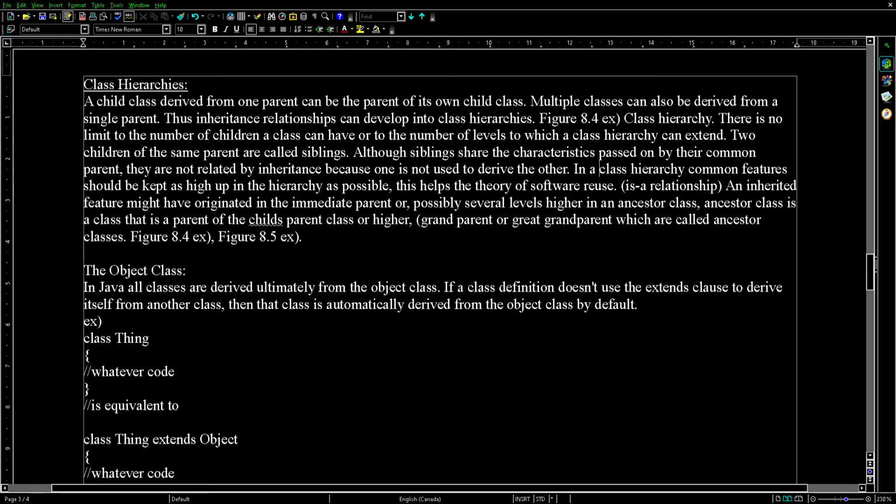In a class hierarchy, common features should be kept as high up in the hierarchy as possible. This helps the theory of software reuse, and is an is-a relationship. So classes should develop an is-a relationship between the child and the parent class. So the child is a relation,